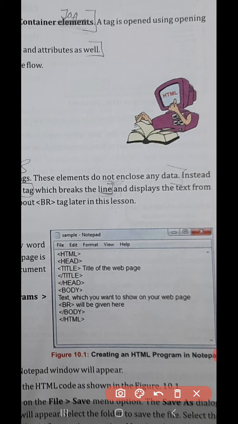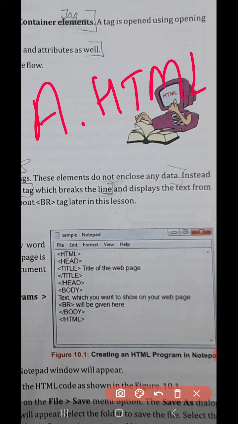If you have an HTML editor with you, or if you have your laptop or desktop computer, you can do this program on your computer. You'll get the correct output for the program. To run this program, you need to save it with a name and with the extension .html. Suppose the name of my program is A. So while saving the program, I have to write a.html. Then only I will get it on the desktop. As you double click the icon on the desktop, you will get the output of the program. Okay, children.